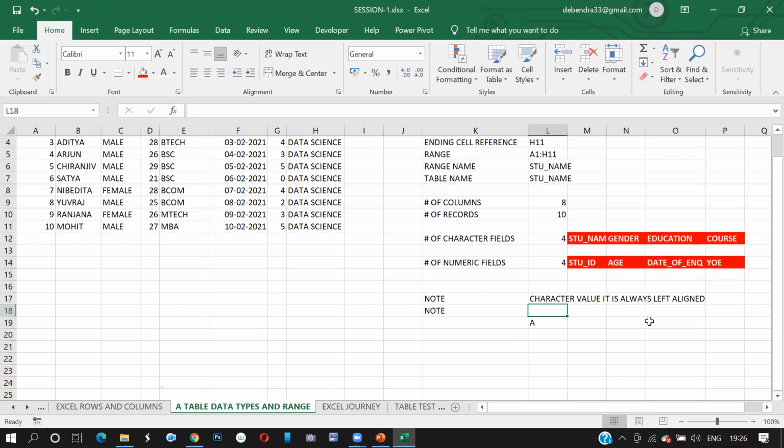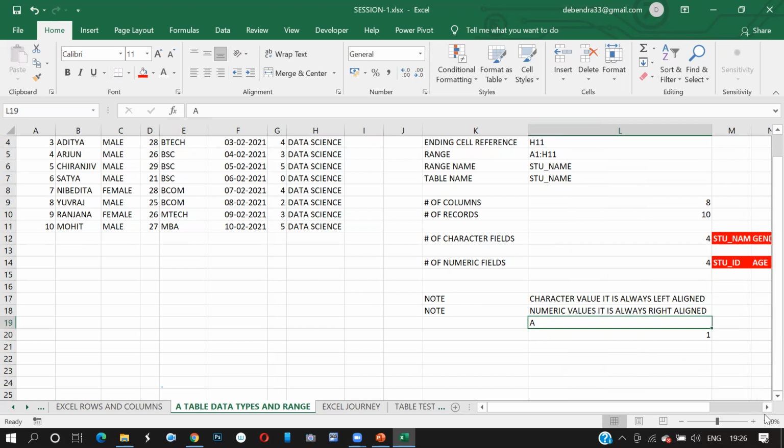Numeric values are always right aligned. So if I write 1, it is right aligned and this is left aligned. Does it make sense? Understood, guys? You write A here and you write 10 here. You can see the difference.